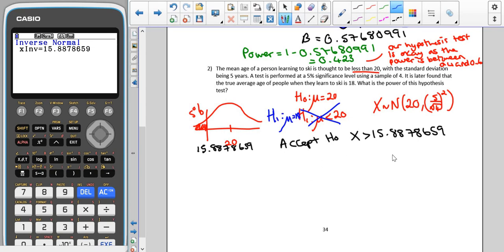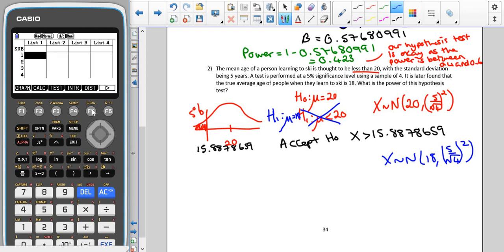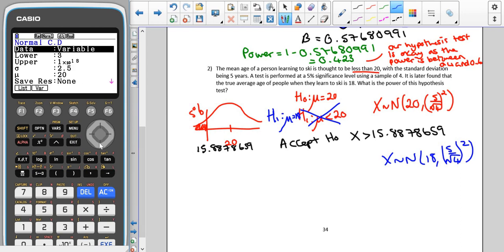So then we are using the distribution that X follows the normal distribution with a mean of 18 and the standard deviation is still the same. And we're trying to find the probability that we're in our accept H0 region. So we're going back into NCD. Our lower is 15.887869. Our upper is going to be a really big positive number. Our standard deviation is going to be 5 divided by the square root of 4 still, but our mean is now 18,